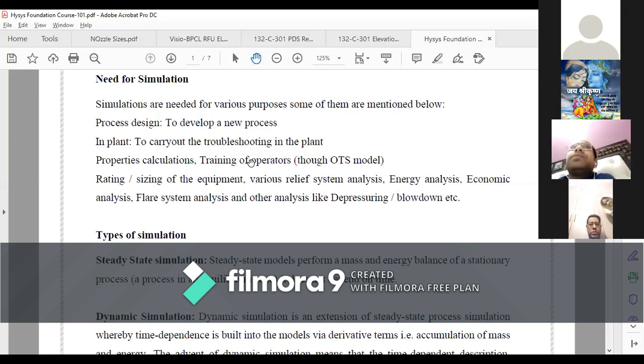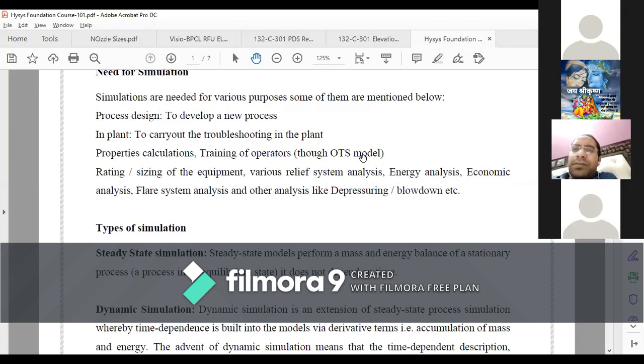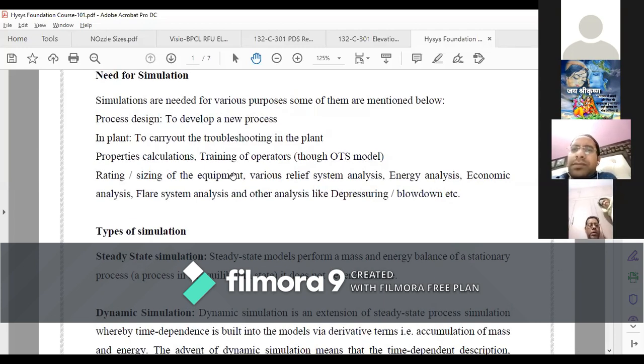Next is the training of operators through the OTS model. It's itself a different sector.